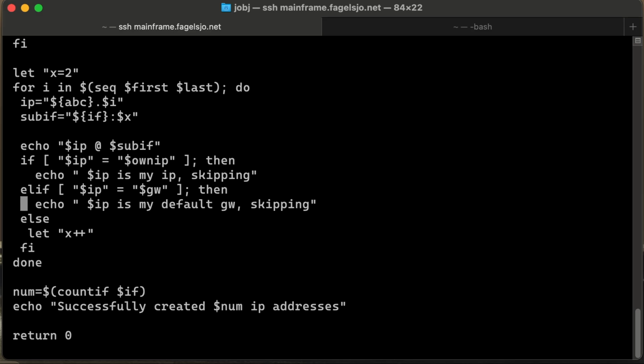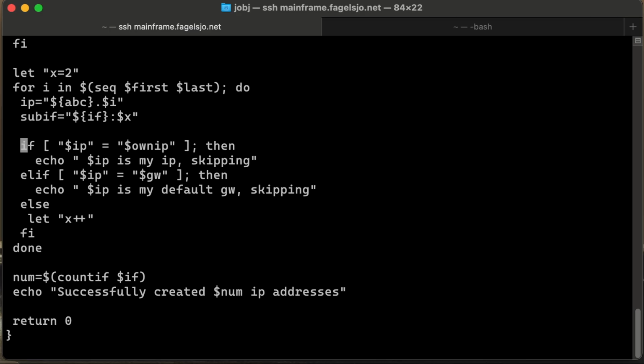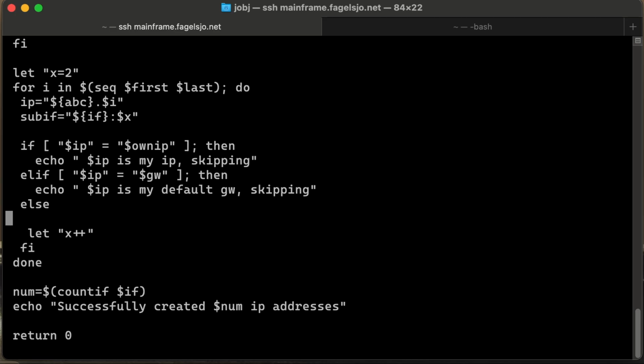So instead of echoing this, we want to create the interface, and we do that by running 2 commands. First we run ifconfig on the